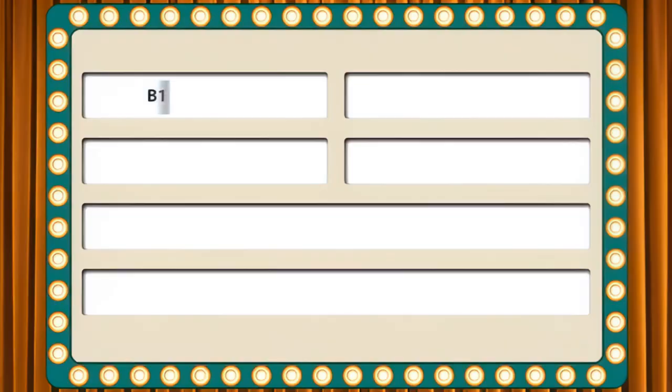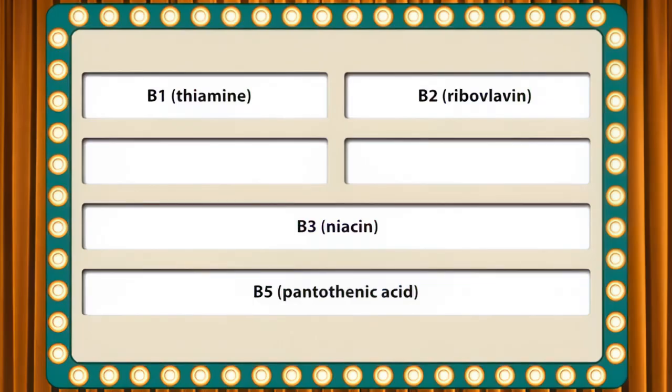Great job! Next question, what 4 B vitamins are needed to make cofactors for pyruvate dehydrogenase? B1 or thiamine, which makes thiamine pyrophosphate or TPP. B2 or riboflavin, which makes flavin adenine dinucleotide or FAD. B3 or niacin, which makes NAD+. And B5 or pantothenic acid, which is used to make coenzyme A. And of course, the 5th required cofactor for pyruvate dehydrogenase is lipoic acid, which is the only one not derived